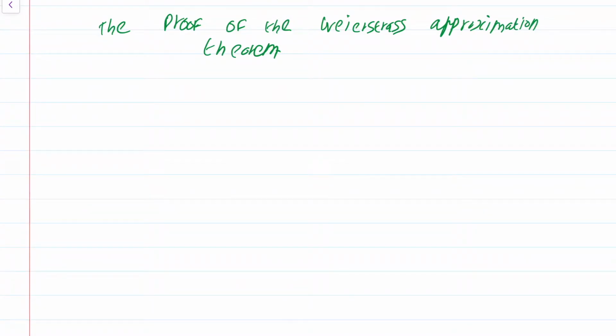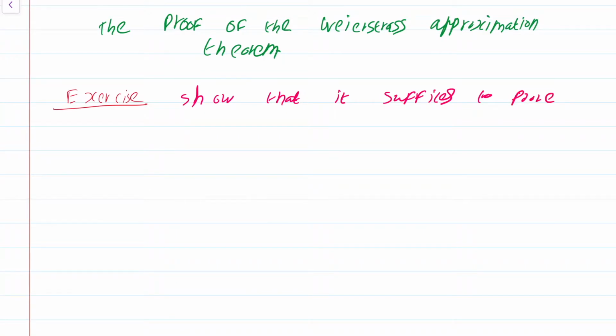We now give the proof of the approximation theorem. What we will do is first make a reduction that should have been clear to the reader once during our discussion of the Bernstein polynomials. So, exercise: show that it suffices to prove the approximation theorem